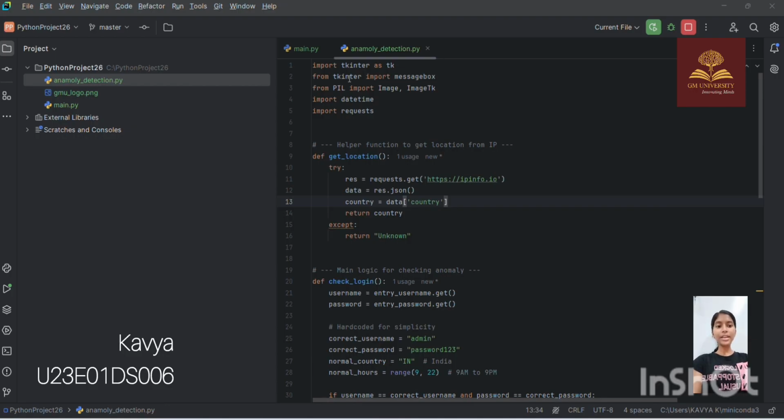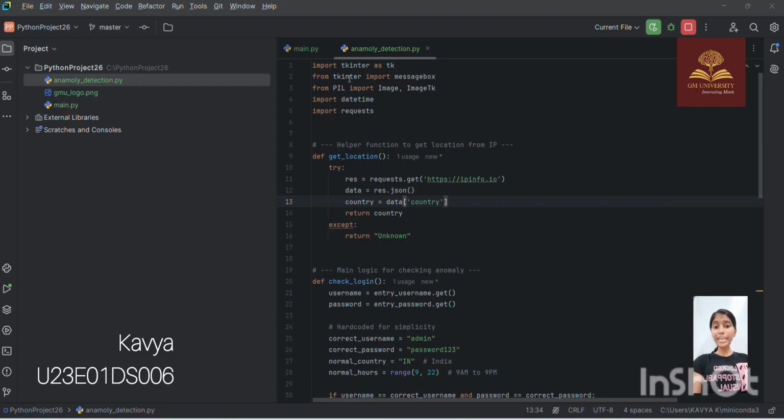And next one is new devices or IP detection, flagging logins from new devices, browsers or IP addresses that are not associated with the user's normal activity. And next one is password change monitoring, monitoring for unexpected or frequent password changes, which could indicate an attacker attempting to take control of the account. Integration with multiple factor authentication, triggering multiple factor authentication challenges when an anomaly is detected, adding an extra layer of security to the authentication process.